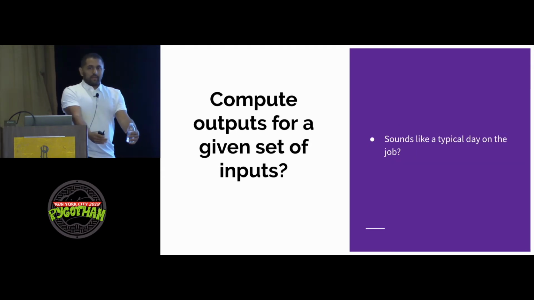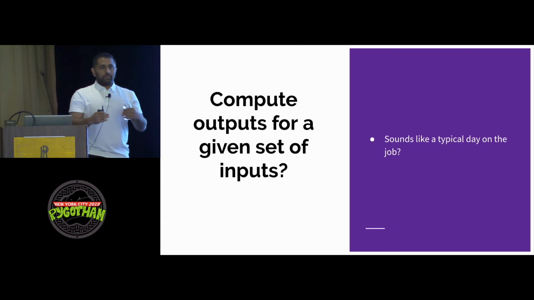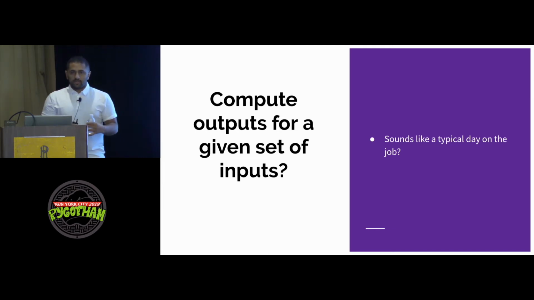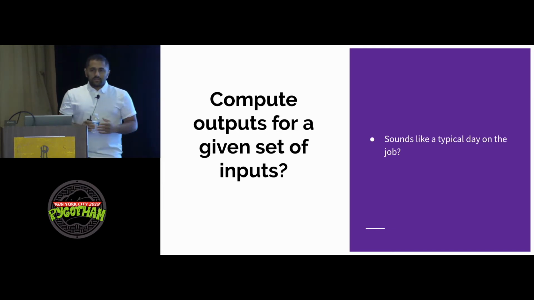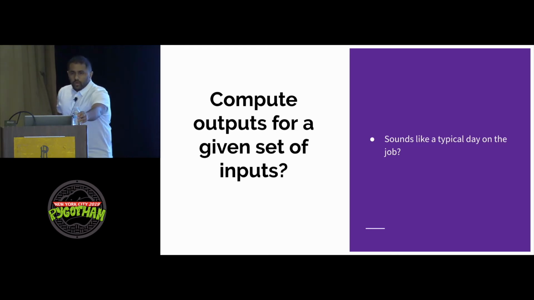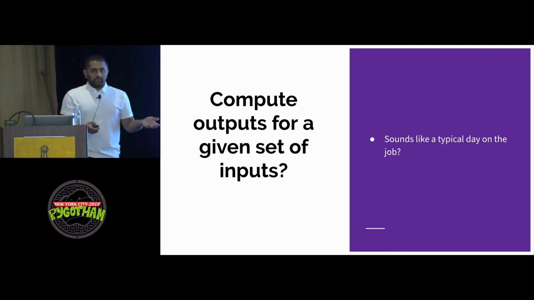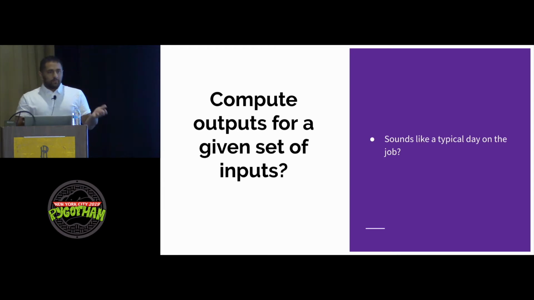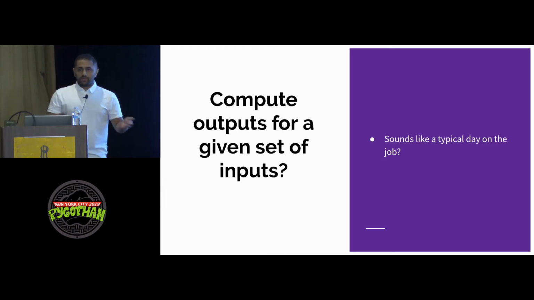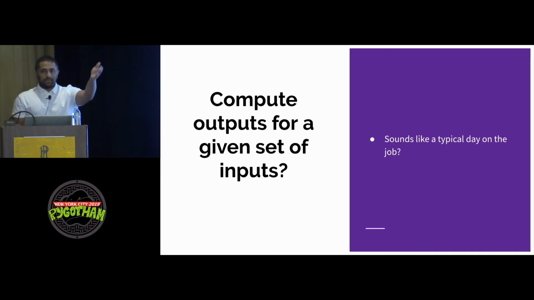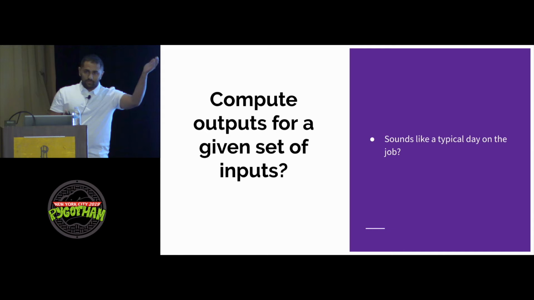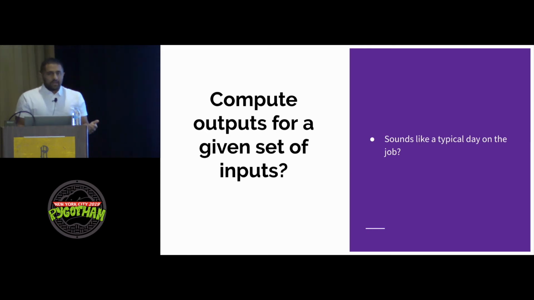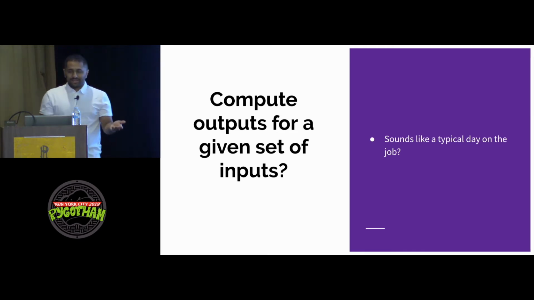Now, if you just take what I've said and compare it to what an engineer does on a daily basis, when an engineer is building systems, we're not doing anything different from what I just mentioned. We compute outputs for a different set of inputs. If you're building a web API, inputs come through a REST API, you're just processing them and returning an output. So machine learning again gets distilled down to regular software engineering, right?